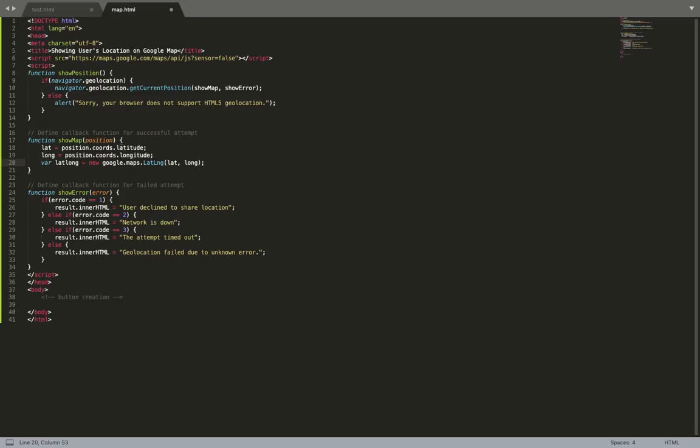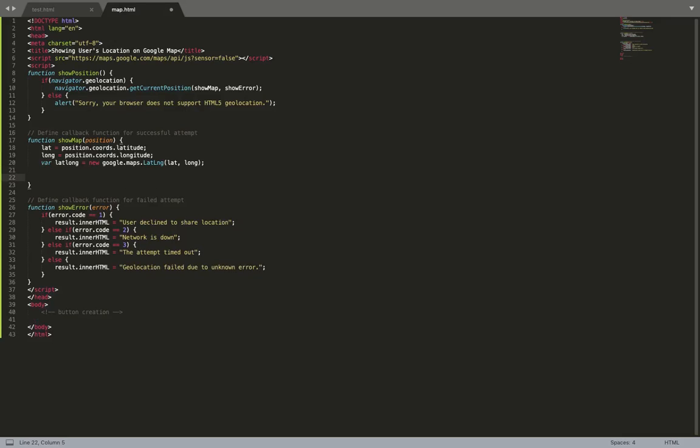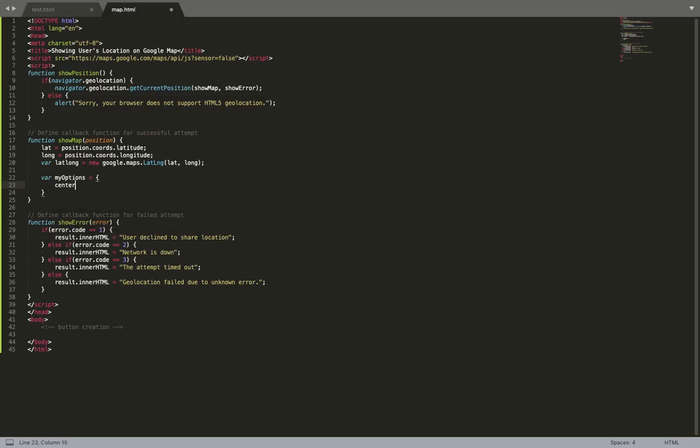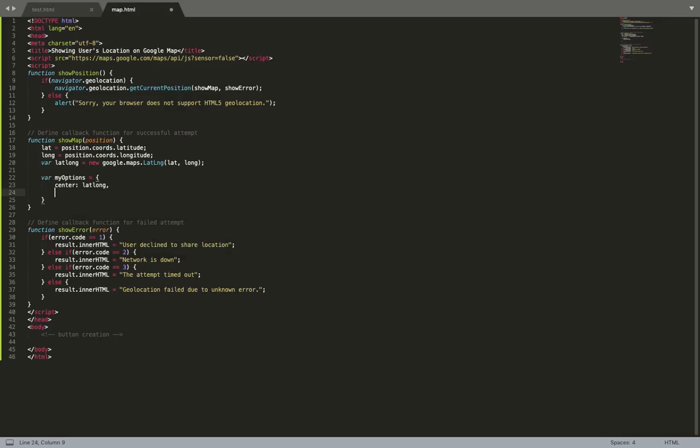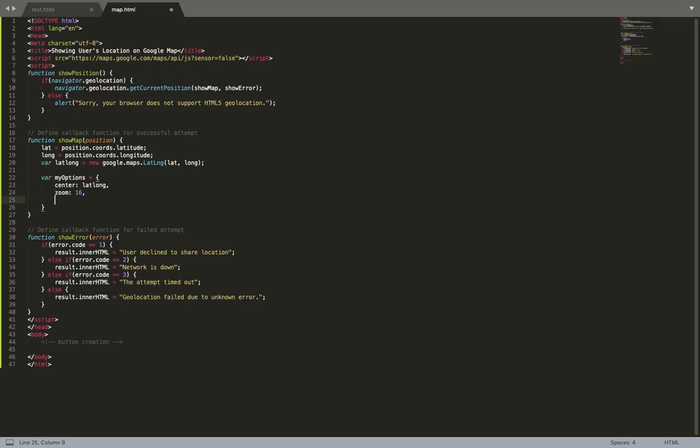So that looks great. Next, we're going to put in the options for centering and zoom. So this will give the user control to move the cursor on the map and zoom in, zoom out, and all that stuff. This is optional as well. So var myOptions, and then we're going to go ahead and say center: latlong, zoom: just going to put it in as 16, and then mapTypeControl: true,